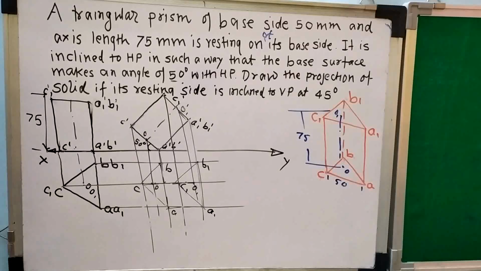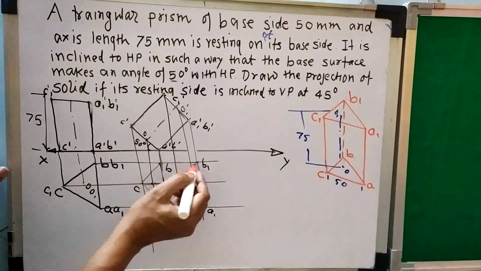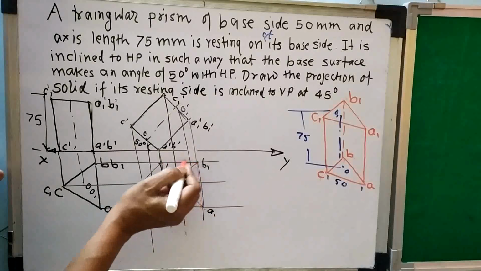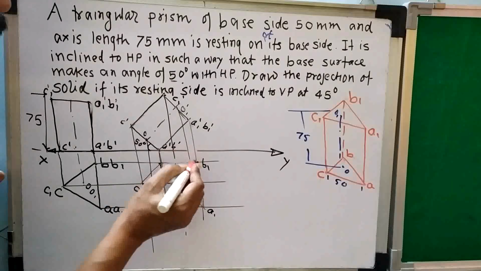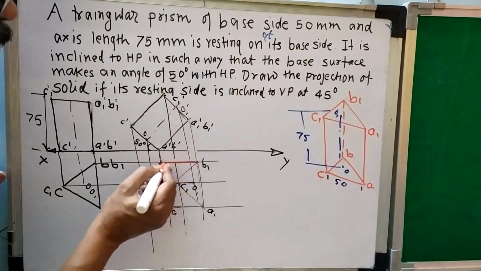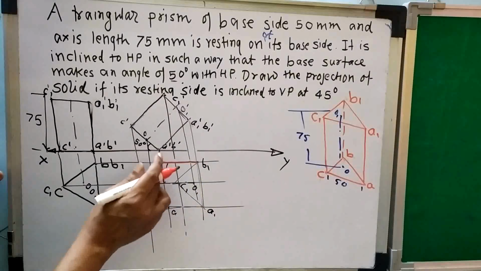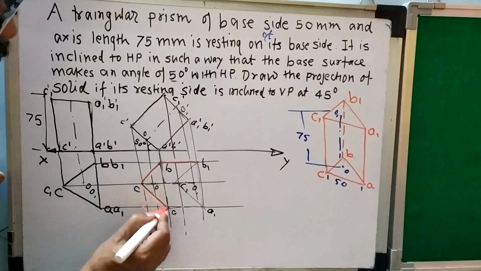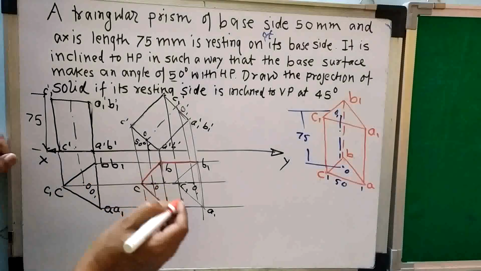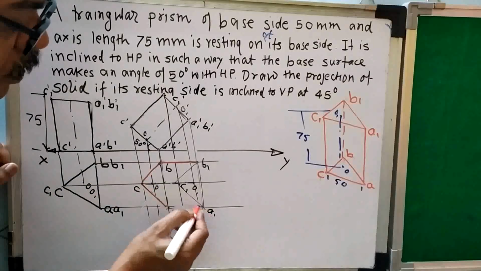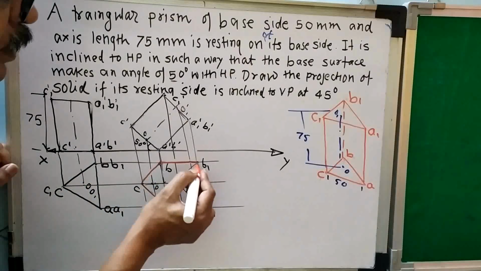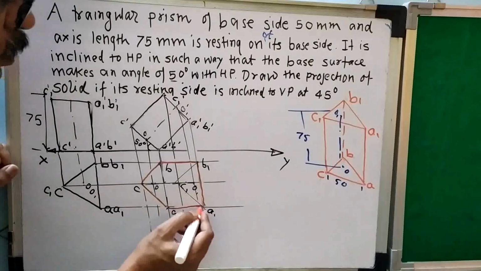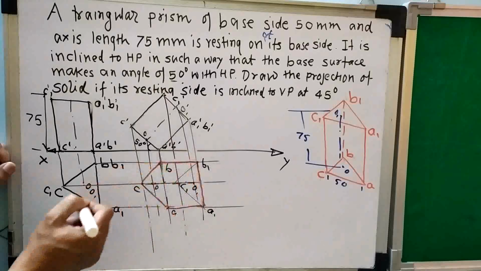Now I know that our basic rule is that the boundaries are always made dark. So I will create dark lines for the boundaries. So BB1 is a boundary, so I will make it dark and sharp. Then this BC is a boundary, so this I will make dark and sharp. This AC is a boundary. This I will make dark and sharp. Then this AA1 is a boundary. This I will make dark and sharp. Then this AB1 is a boundary. This I will make dark and sharp. It is our rule that boundary lines should be sharp and dark.